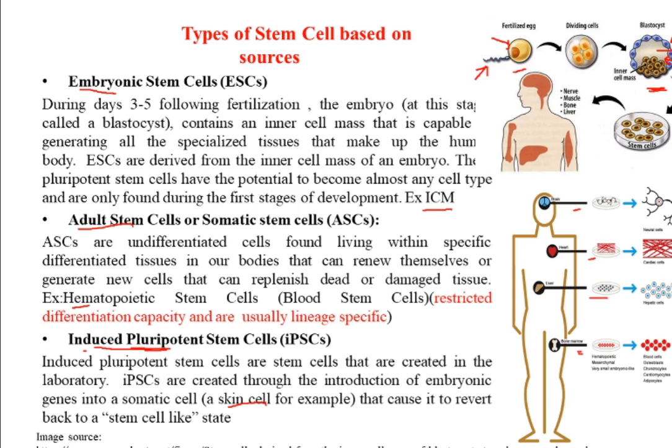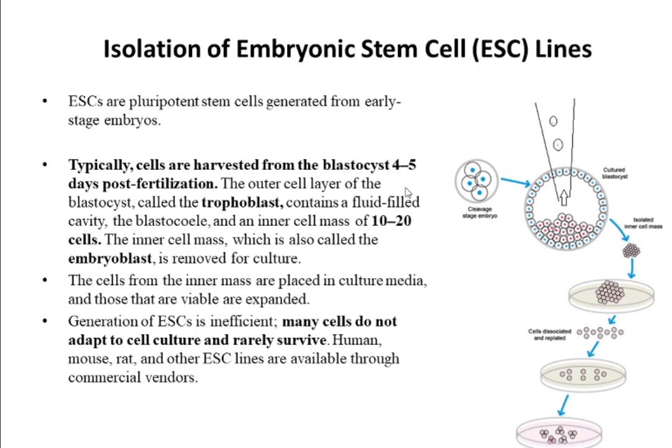And so by this process, they have constructed beta cells, and these beta cells can produce the insulin which can treat diabetes. So that is the induced pluripotent stem cell, which is usually derived from the adult cell, has the characteristics of a stem cell, and has the ability to get converted into the cell which is required. So this is the classification of stem cells based on the sources. Now, isolation of stem cells.